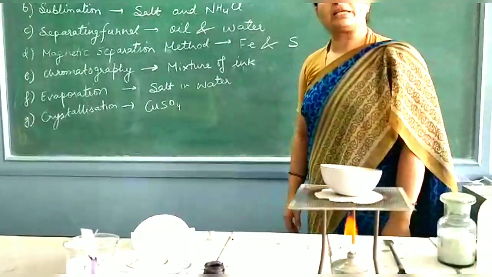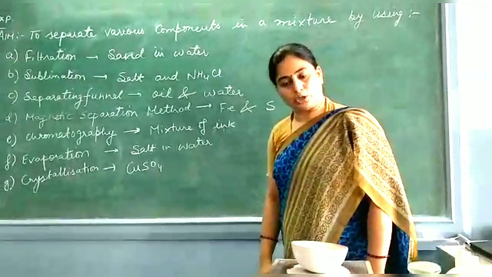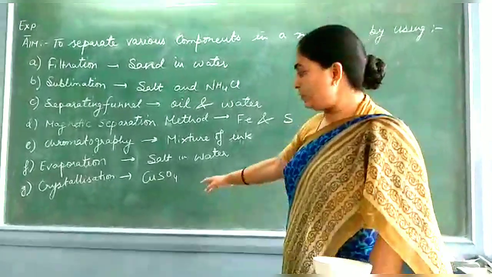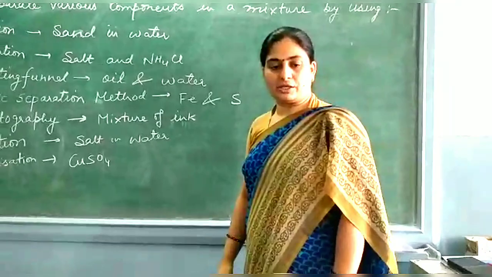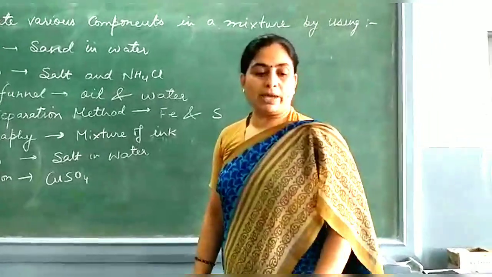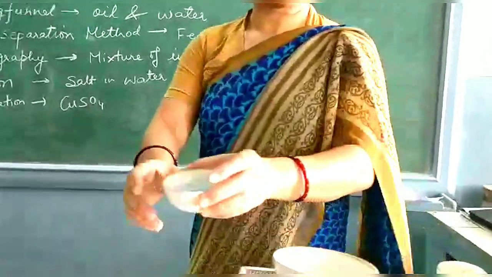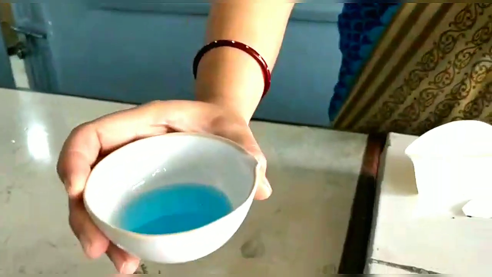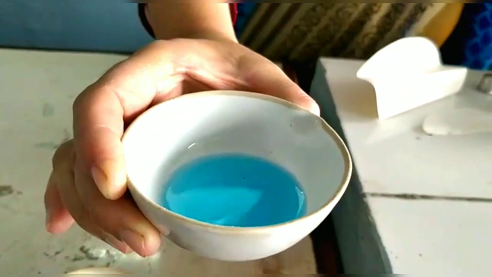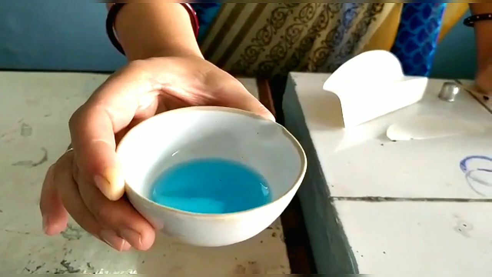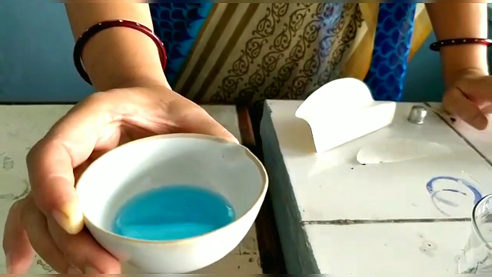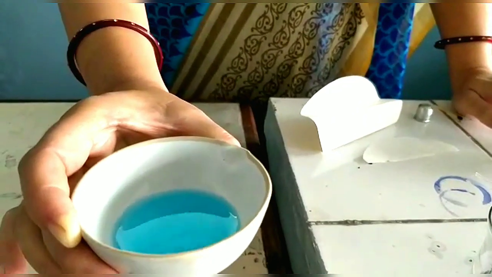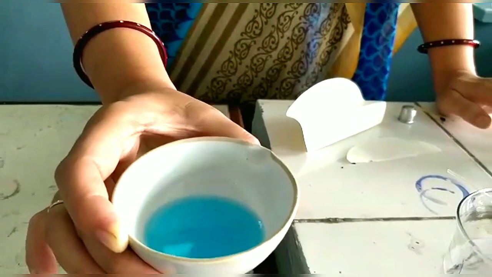Crystallization basically is done for ionic compounds, ionic salts, and here I have taken an example of copper sulfate. What we do is we take impure copper sulfate and mix it in water to make this type of solution. You can see the solution. I just take copper sulfate, mix it in solution and filter it. After filtration, all the impurities have been removed. They remain as a residue, and this filtrate I have taken.